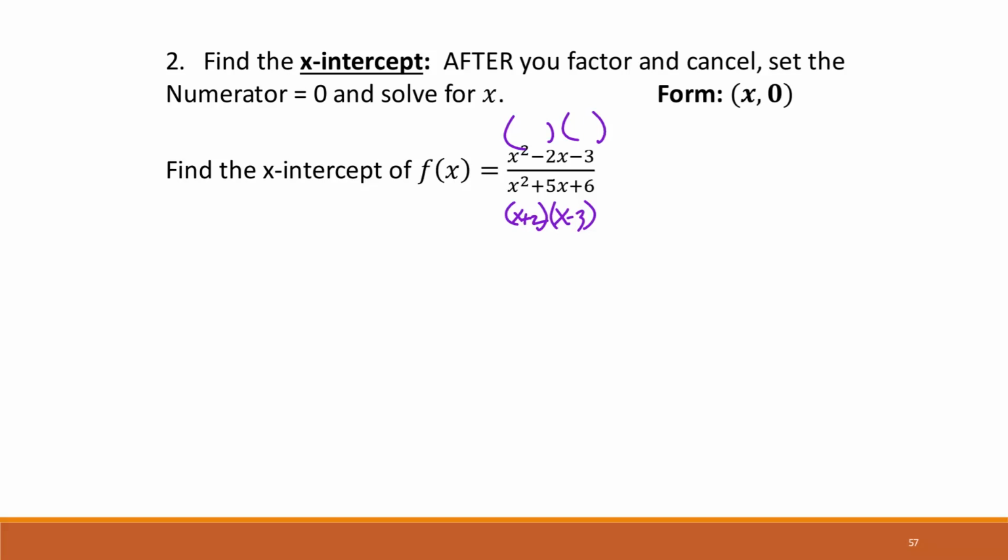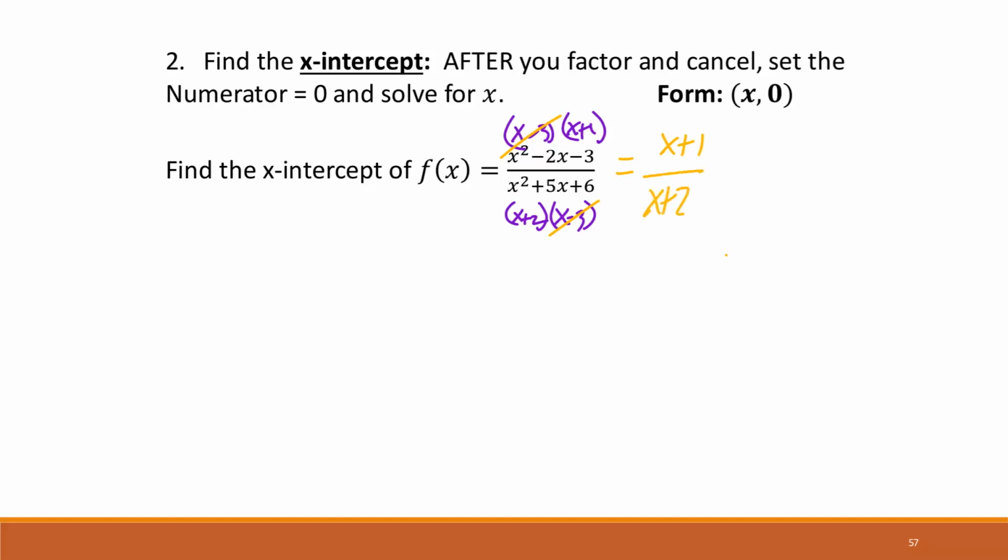The numerator is going to be x and x, with a minus and a plus, 3 on the negative and 1 on the positive. So the x minus 3 on top and bottom cancel, and we get x plus 1